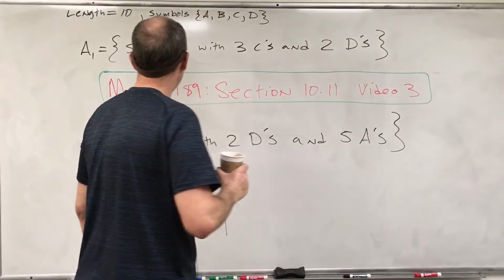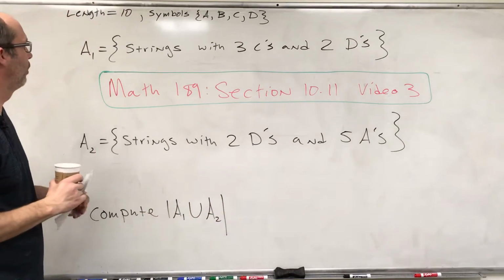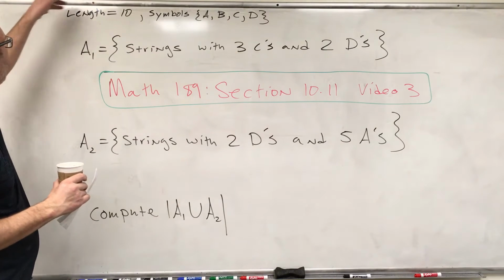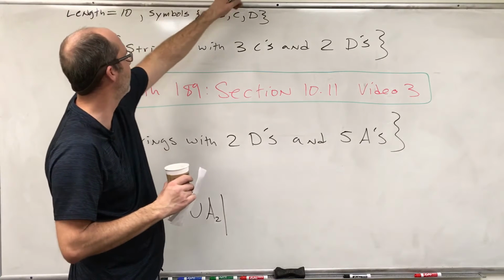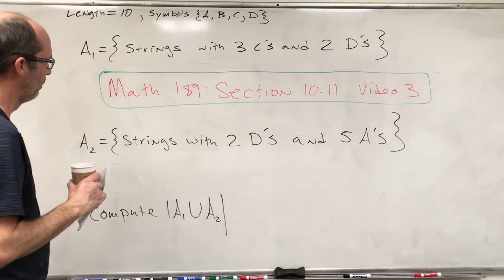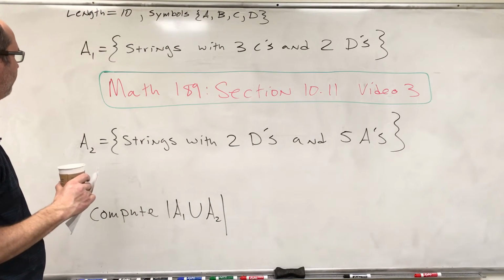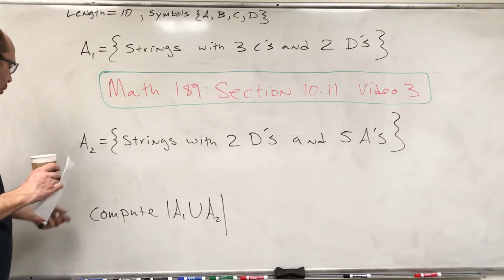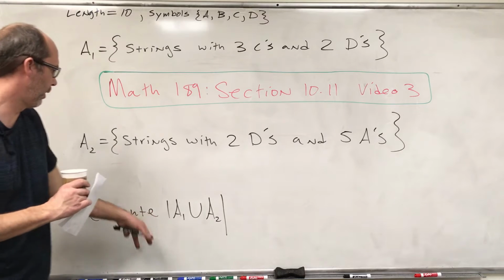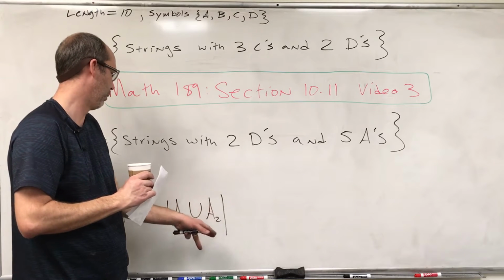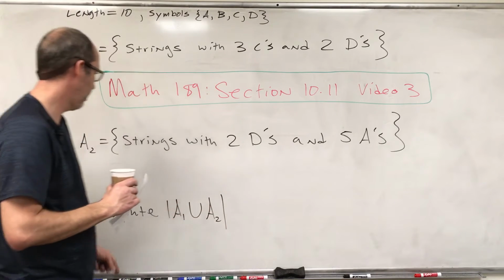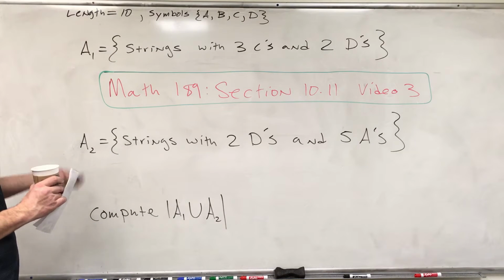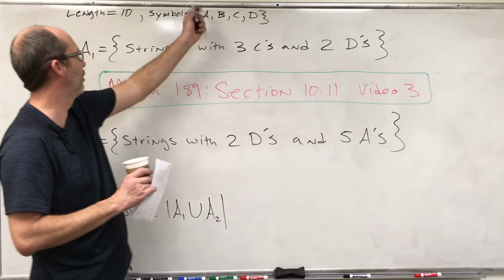All right. So same situation as before. Strings of length 10, symbols A, B, C, D. We're going to compute the cardinality of A1 union A2. Remember what this is saying: how many strings of length 10, where the symbols come from A, B, C, D,